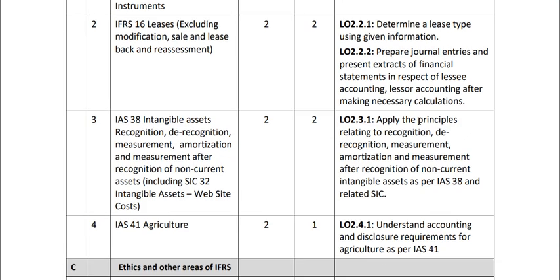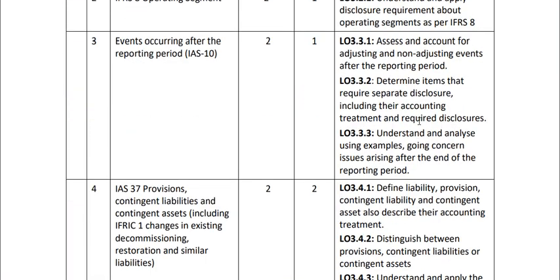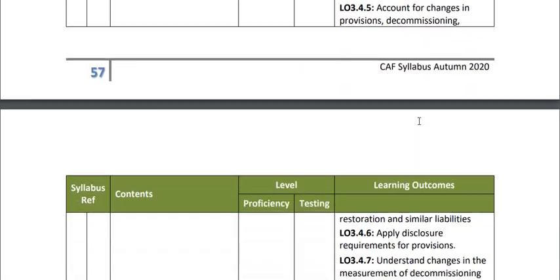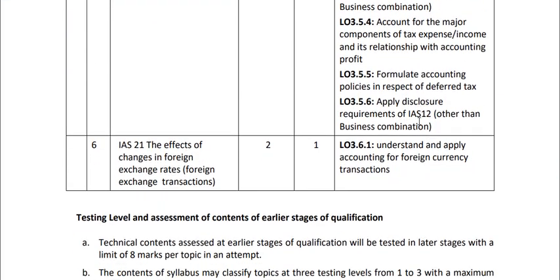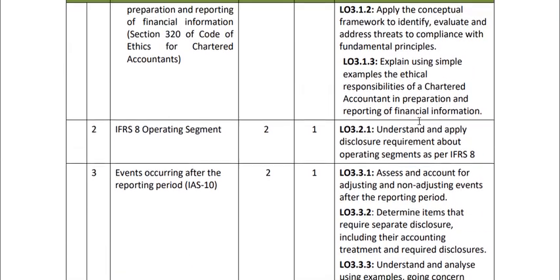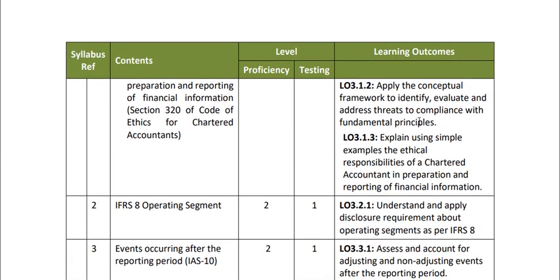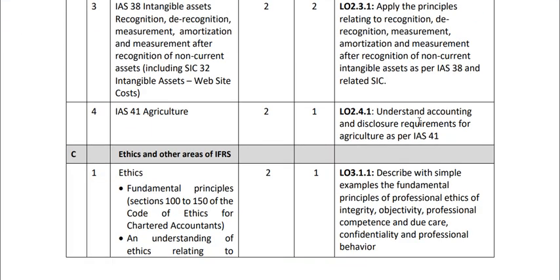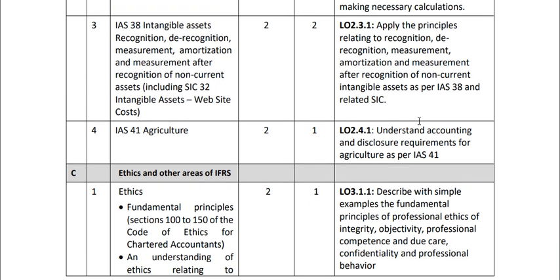Only FRS 9 is the only topic that has only 1 proficiency level and 1 testing level, due to the non-advancement of the standard in this paper. So as we have seen the grid, almost all of the topics have the same level of proficiency and testing. At this stage, the student should review which topic is easiest or coverable from his or her side, and set priorities from easiest to hardest, which will cover the majority of the topics.